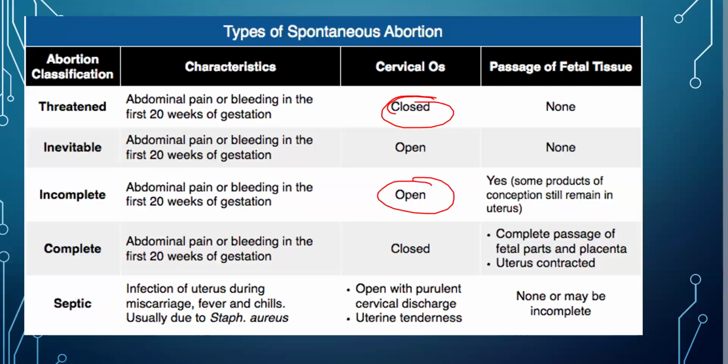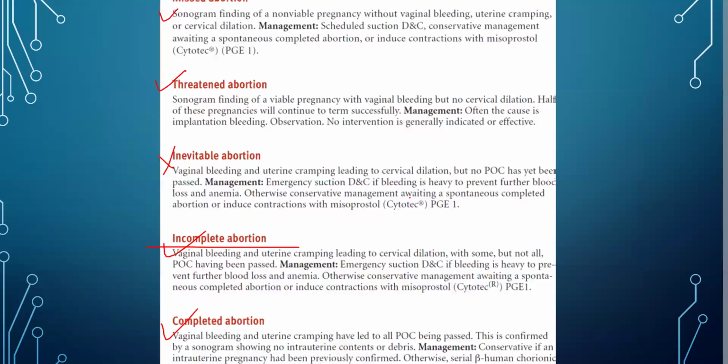Okay, so what would you need to do for this patient? This kind of patient, because of heavy bleeding, can get into a shock. So if shock develops in this patient, then the first thing you need to notice is whether there is any product of conception or any fetal tissue still staying at the os. Sometimes part of the fetal tissue can stay at the cervical os. And when that happens, the os will be open and the patient can get cervical shock.